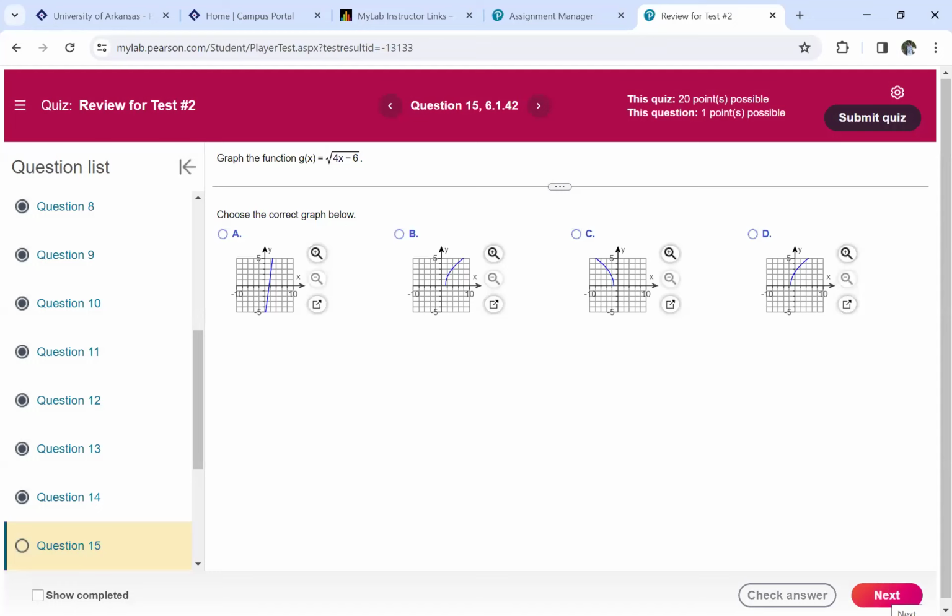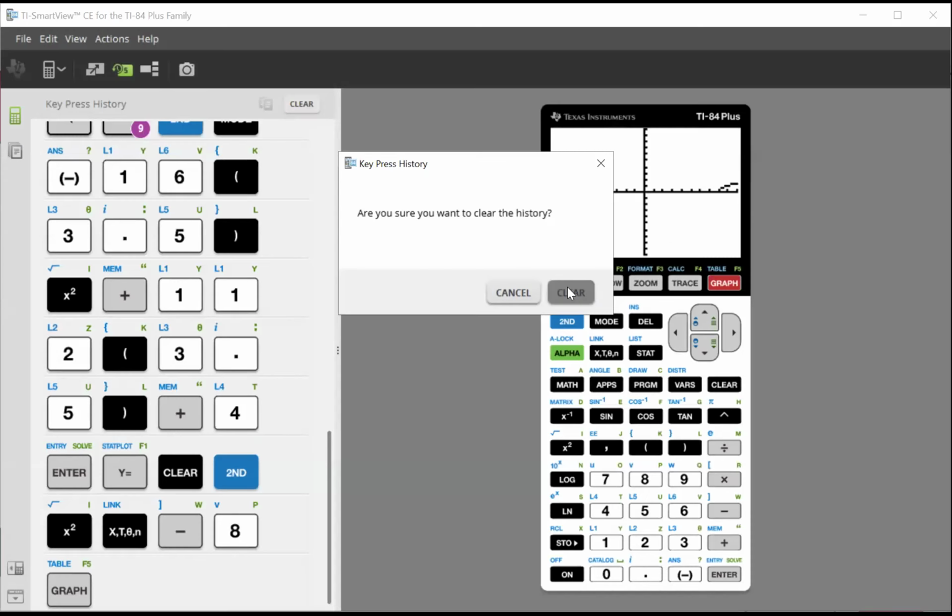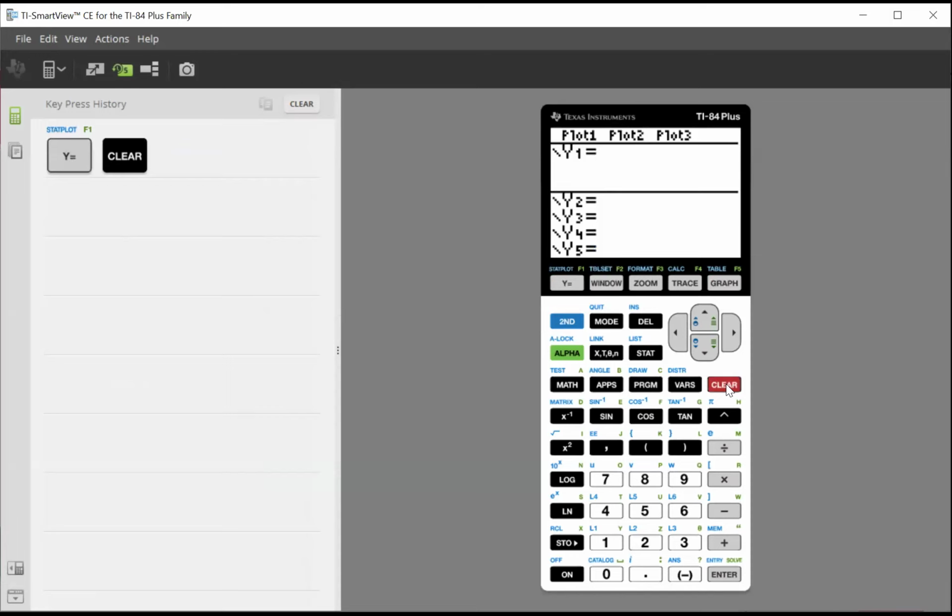Now this one, I would probably graph just to sort of see what's happening. Now, y'all, there's no way it's going to be A, a straight line, okay? So let me go graph this. What's that? Square root of 4x minus 6. All right, y'all. So share my calculator. Go to y equals. Clear that out. So I have a square root, second x squared, 4x minus